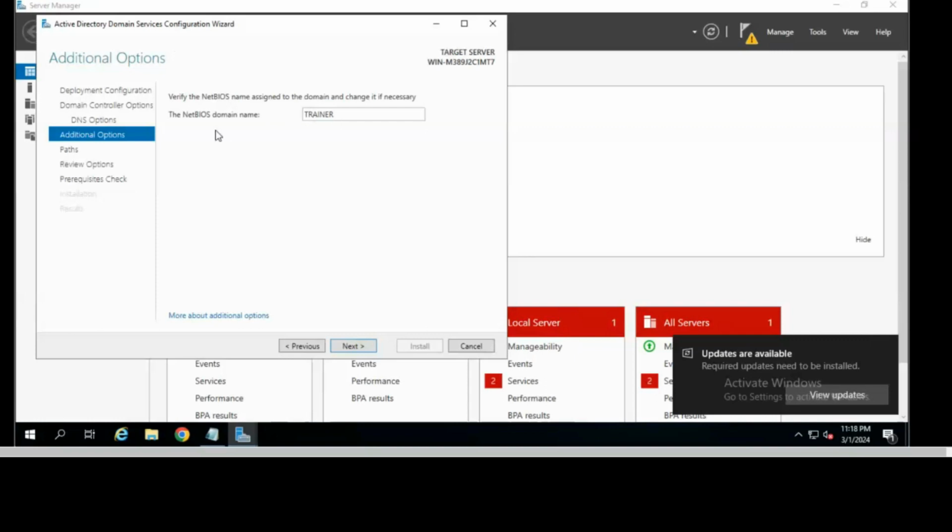NetBIOS means the name which will show in the network for this device, for this server I am connected to. Do next here.